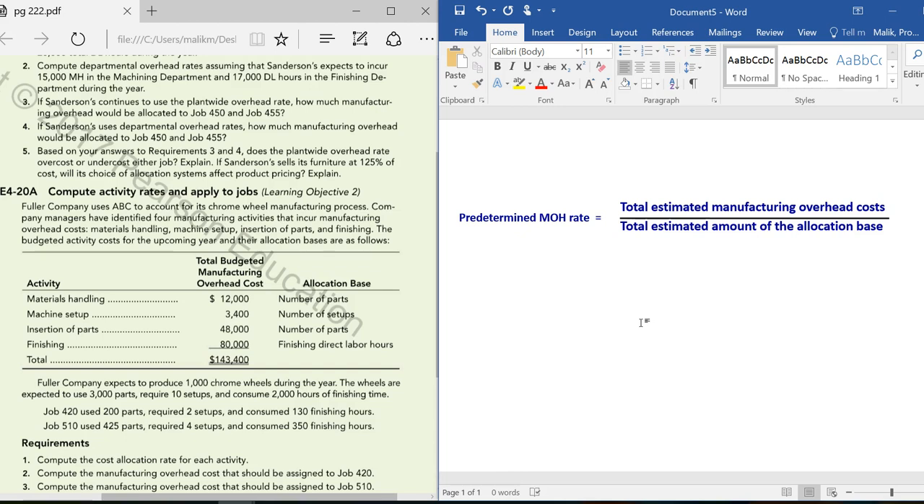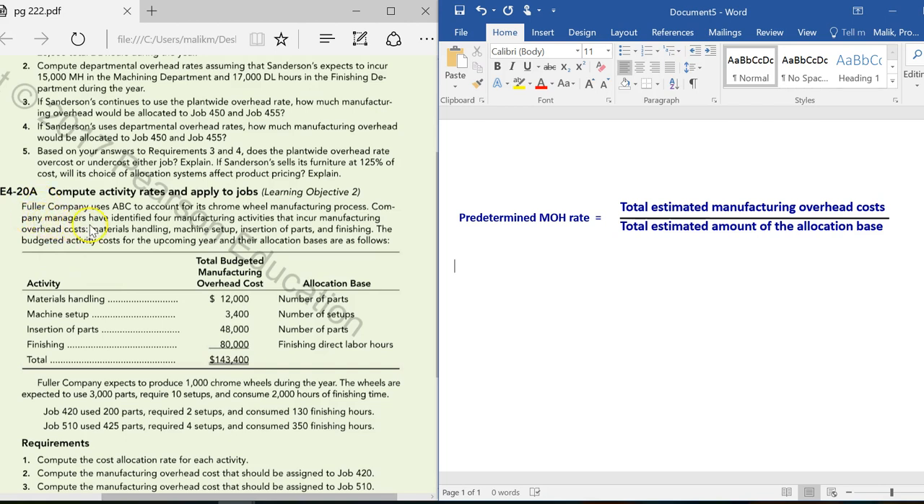But in chapter 3, we actually used one overhead rate, and that rate is plant-wide or company-wide. But we can look into the overhead cost more precisely, and we can also measure the overhead cost based on different types of activities. And that's the main theme in chapter 4. So now we are practicing one problem,